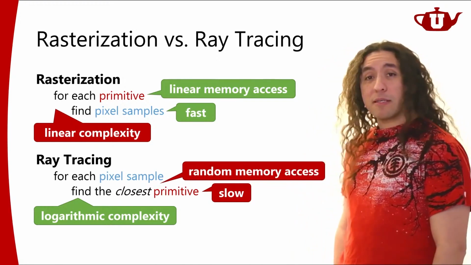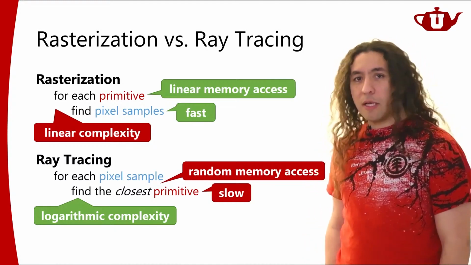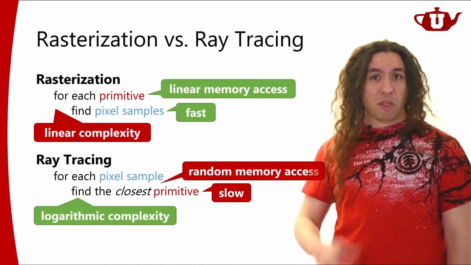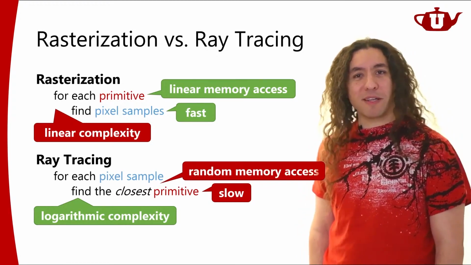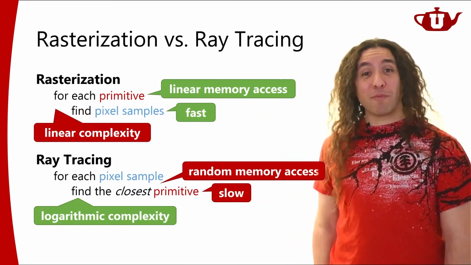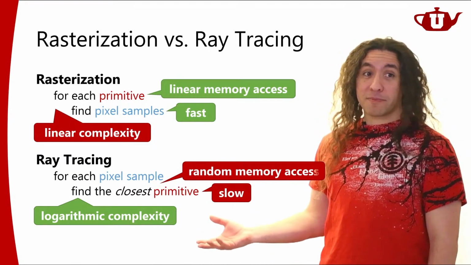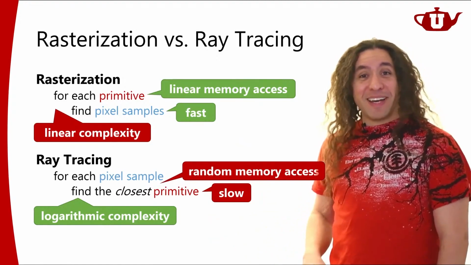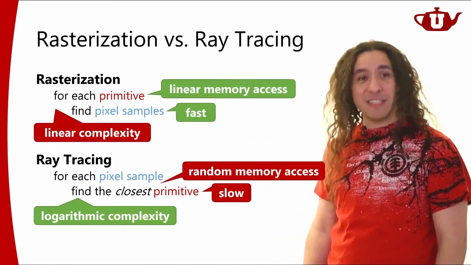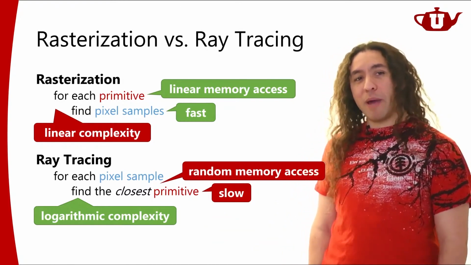So when you think about this, if you're rendering a very, very, very large scene, lots and lots of triangles, you would expect ray tracing to be still faster than rasterization, right? Because, I'm pretty sure you all are familiar with complexity theory, right? So if you have an algorithm that has linear complexity compared to an algorithm that has logarithmic complexity, you would expect that algorithm with logarithmic complexity to get faster at some point. There's a constant factor, of course. You don't know how large your scene is supposed to be for ray tracing to be faster than rasterization, but you would expect it to be faster than rasterization at some point. You would expect that.